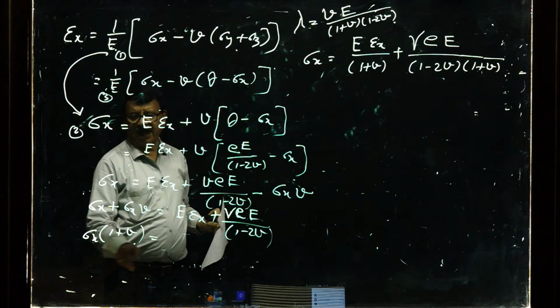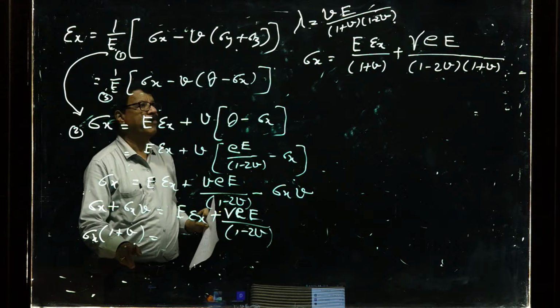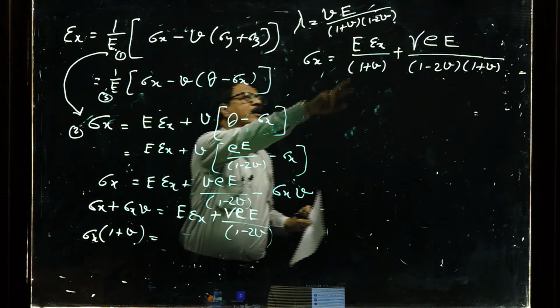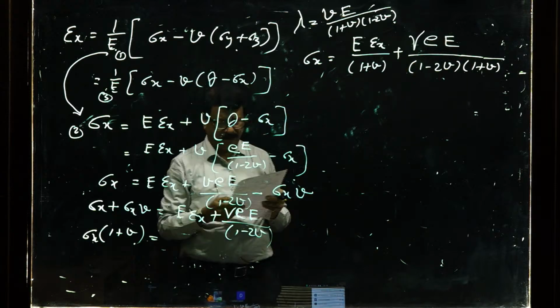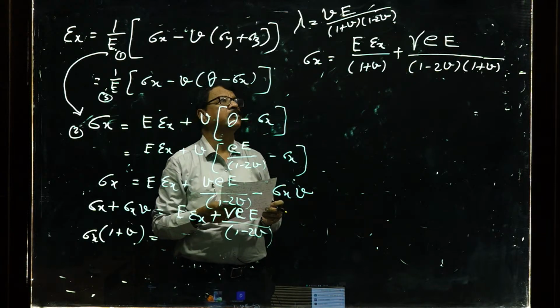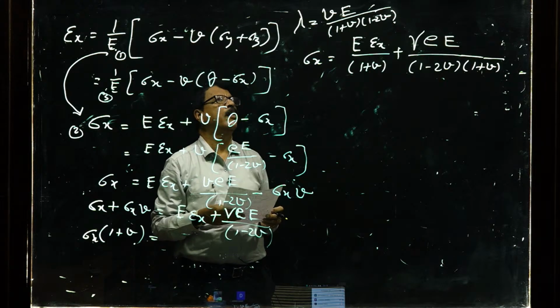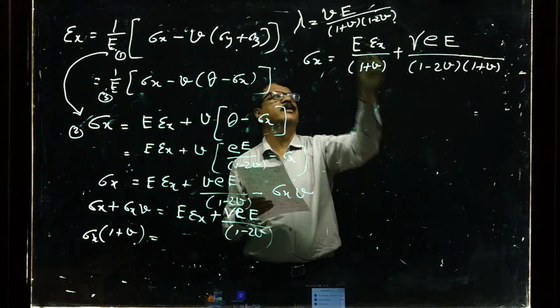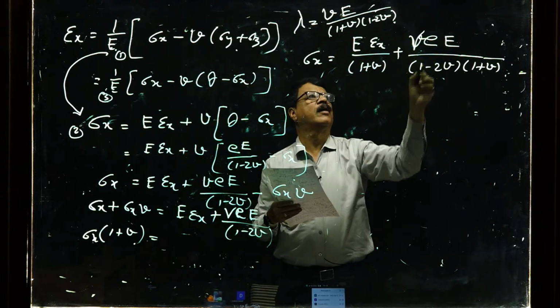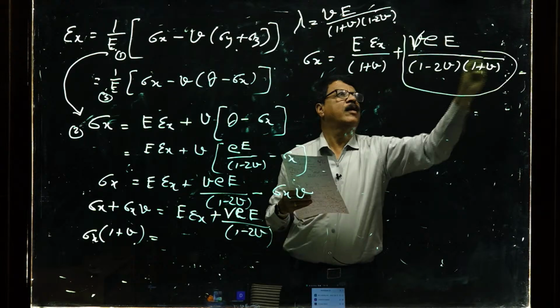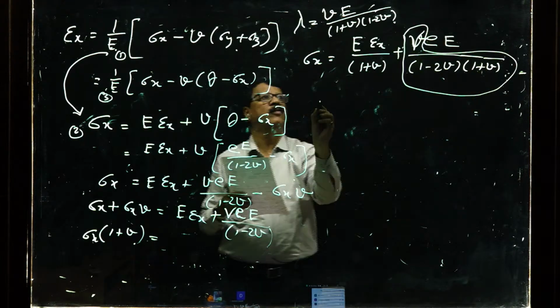We are sending 1 plus V from Poisson's ratio there, so it will come in this also and this denominator also. Put the value of this as lambda. So you will get